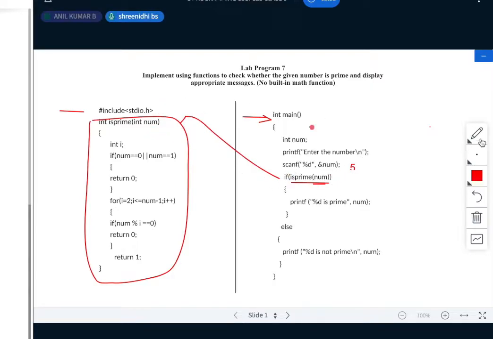Here I'll be passing 5. I'll pass 5 here. Next, check the condition. What is the first condition?